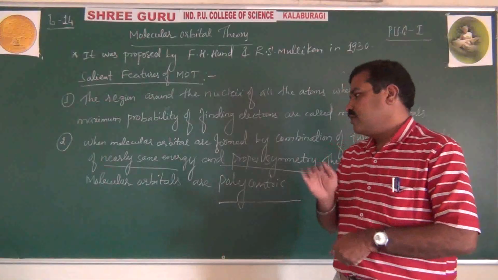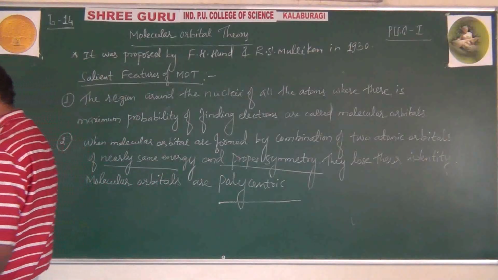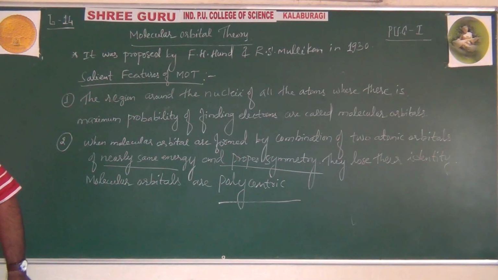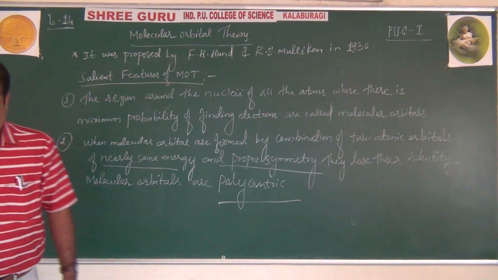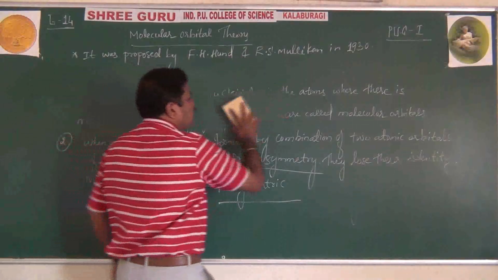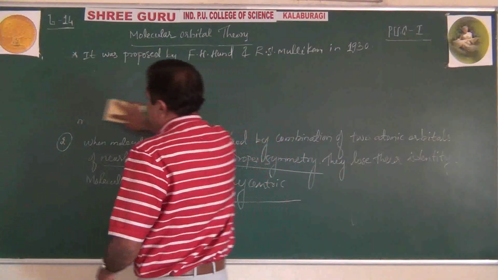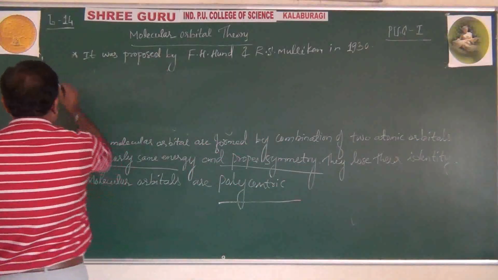Remember. Right. Now, the third postulate of this theory. After the first two salient features, now we can switch on to the third one. What is that third one? Third salient feature: molecular orbitals